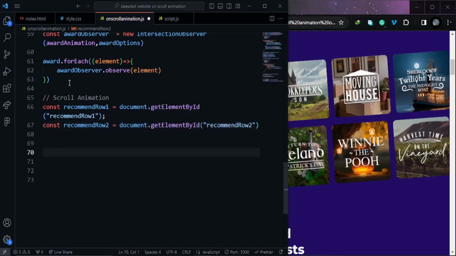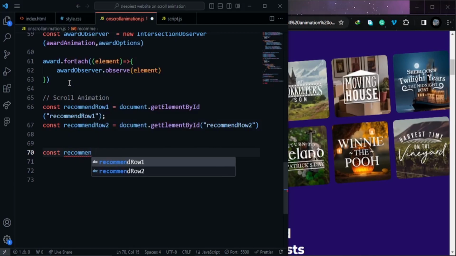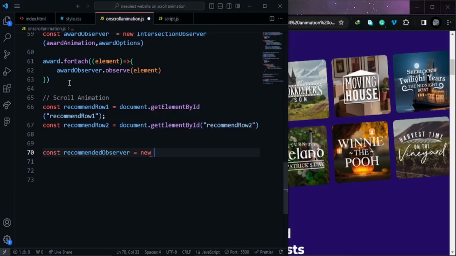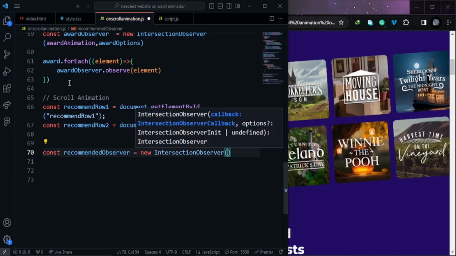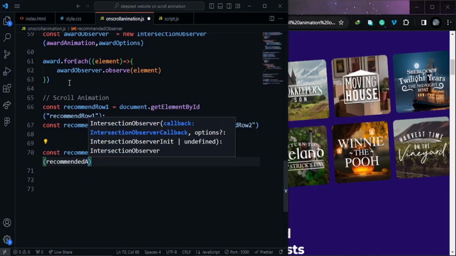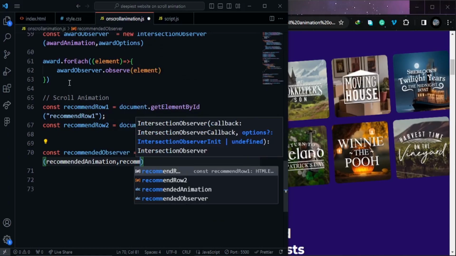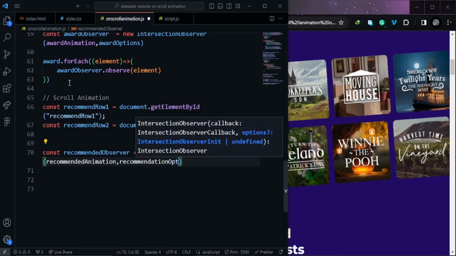As with the previous, we start by creating the intersection observer constructor. I'm gonna name it recommended observer, and a new IntersectionObserver. Inside this intersection observer constructor, we're gonna name the callback function recommend animation, and for the object, recommendation options,